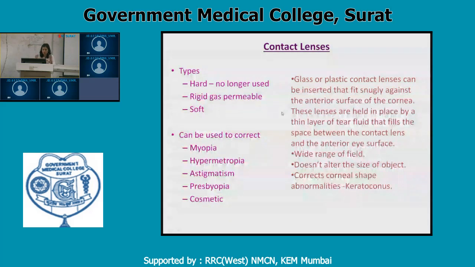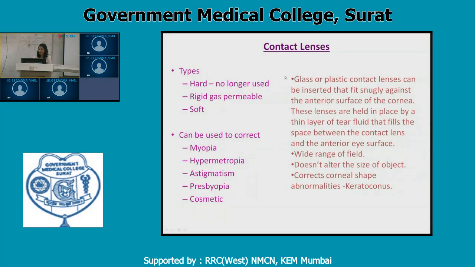Glasses you can directly wear. This is a bit cumbersome: to insert the lens, then to clean it, deproteinate it, and it requires special care. Then if these soft lenses get lost, for myopic persons to search for them is also a problem. So contact lenses have their share of problems. Then again, allergic conditions: because this is a foreign body in your eye, it may produce allergic reactions. Sometimes if it is not cleaned properly, infections can occur. Hypoxia of the cornea and corneal ulcers can occur.